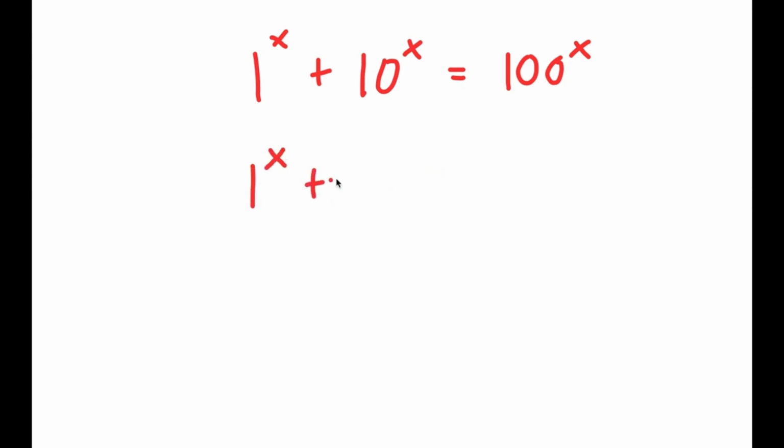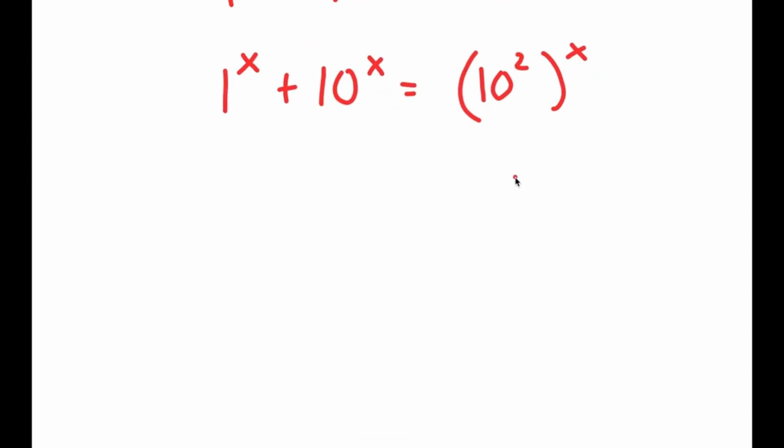Alright, so in this video, I'm going to solve the equation 1 to the power of x plus 10 to the power of x is equal to 100 to the power of x. So, to solve this, I'm going to first start by rewriting this as 1 to the power of x plus 10 to the power of x is equal to 10 squared to the power of x. Now from here,